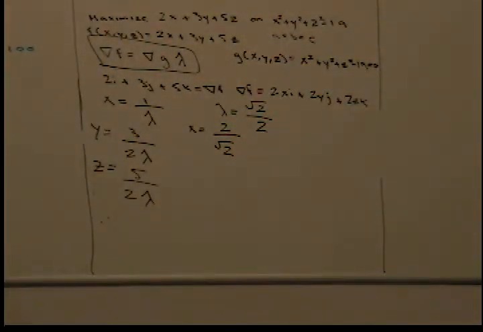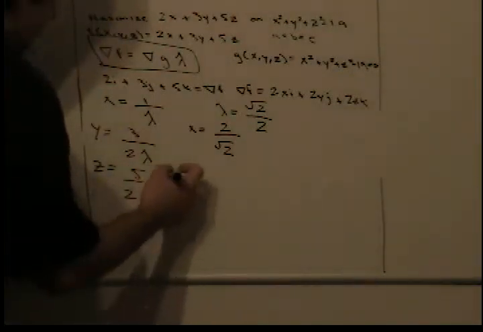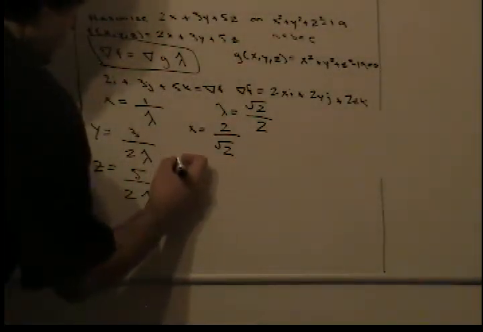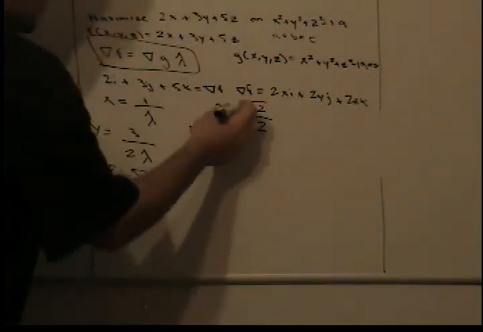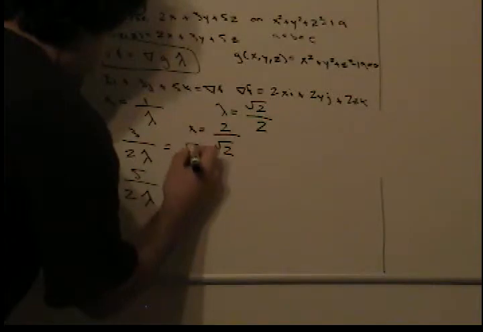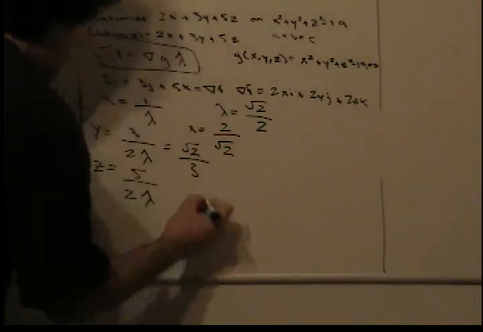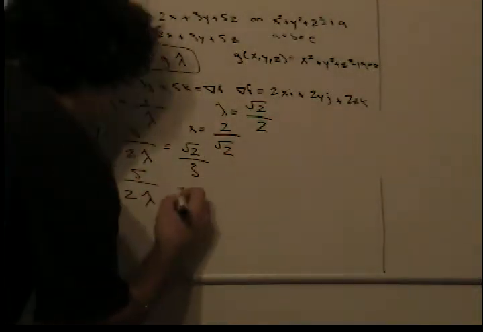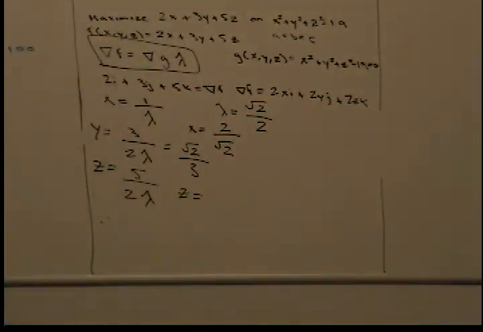So when we solve for y, we have 3 over 2 lambda, so first of all, the 2s cancel out. This is going to be equal to square root of 2 over 3. So we have z over here. Now if we solve for z, we're going to get,